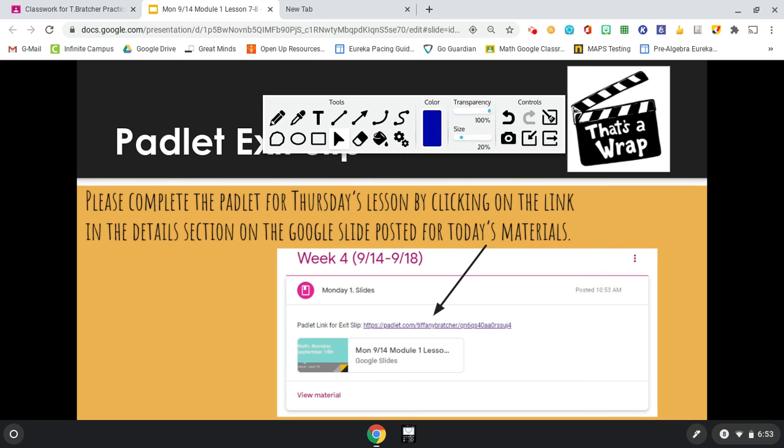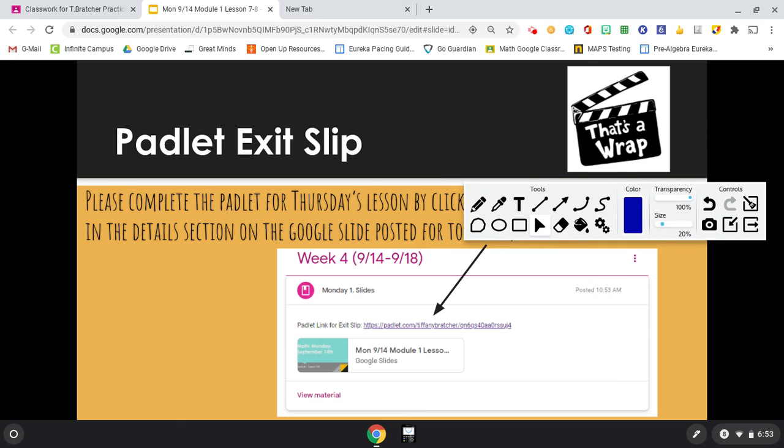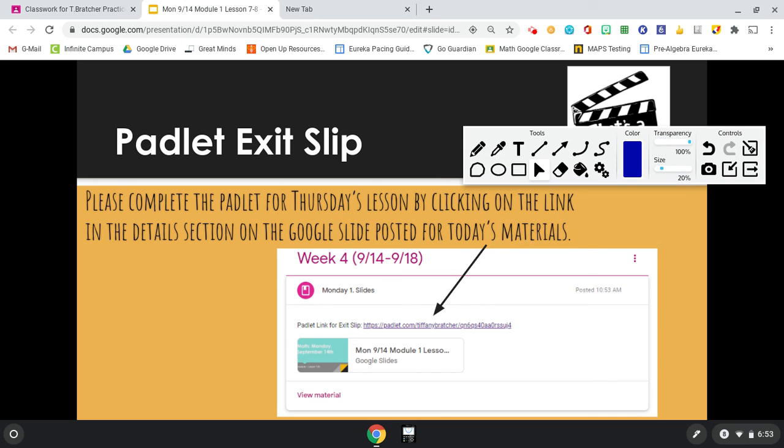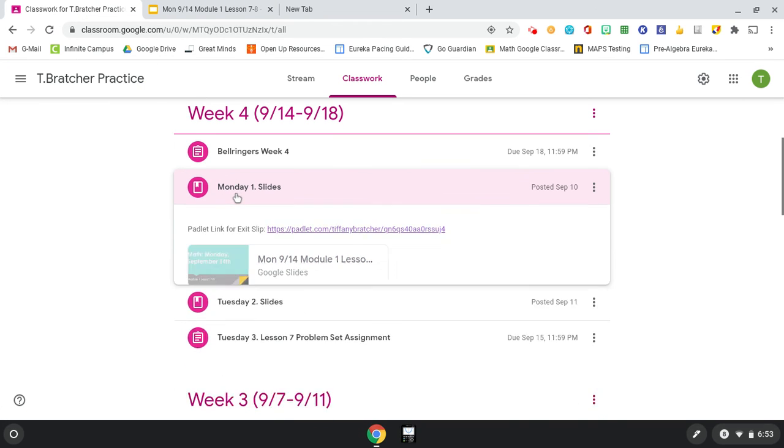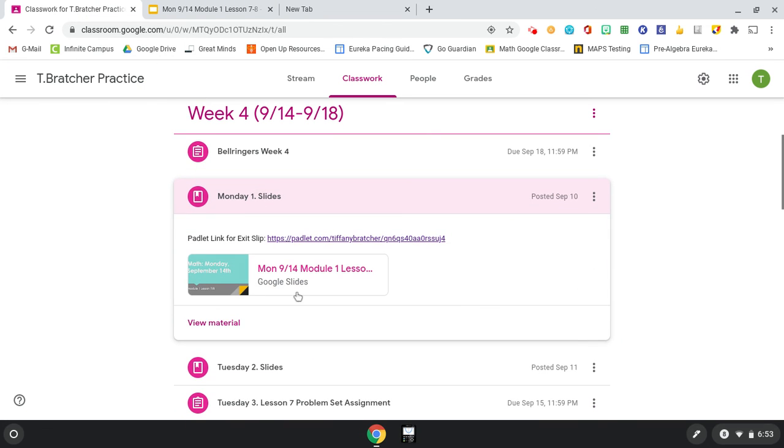All right, we have a short Padlet exit slip to end class today. It says, please complete the Padlet for Thursday's lesson by clicking on the link in the details section on the Google Slides. So I'm going to go back to the Google Classroom just to show you what that means. Right here on your Monday slides, your video should have been here, and this is the link that I'm talking about. When you click on this,